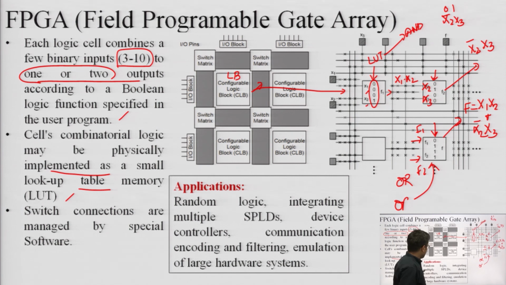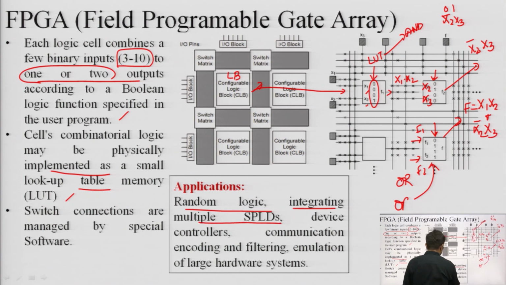So this is how the FPGA is going to help us, and there are some applications of FPGA as well. You can prepare any random logic. You can integrate multiple special programmable logic devices. That means it is able to perform the task of multiple logic devices by a single device, which gives a real advantage from the simplicity point of view. It can be used as a device controller, for small automation type arrangements like a small microcontroller. Instead of using a microcontroller, this complex FPGA can also be used, although its internal structure is complex.